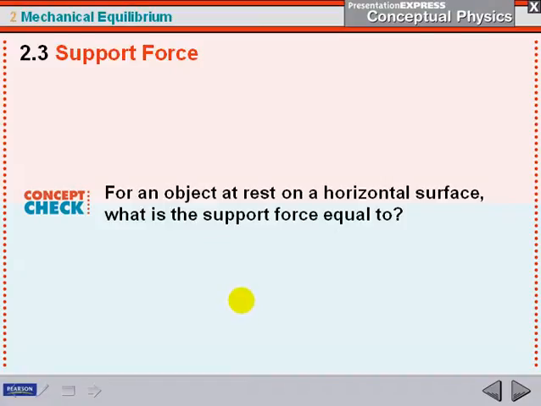So for an object at rest on a horizontal surface, what does the normal support force have to be equal to? It's going to have to be equal to the object's